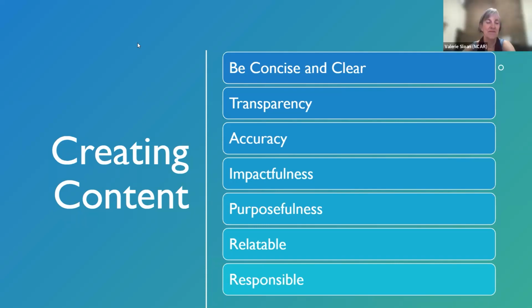You want your content to be relatable. I always try to be as relatable as possible, so I try very purposefully not to come across as snobby or arrogant, like, oh, I'm the only expert in this. You want to be relatable to the people that you're sharing it with, and you want to be responsible with what you share, right? We really don't need more misinformation being shared. There's already enough quote unquote fake news out there. So you have to be very responsible with not only the content that you produce and share, but the content that other people produce that you are just resharing.